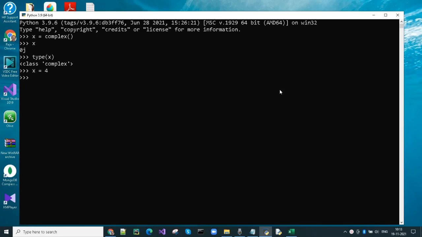Let's create a complex number by passing an integer to the complex function. Type of y is complex. Let's pass a float value to the complex function.